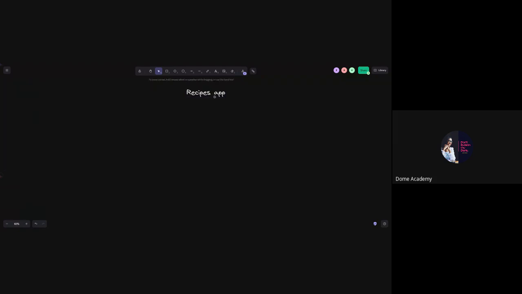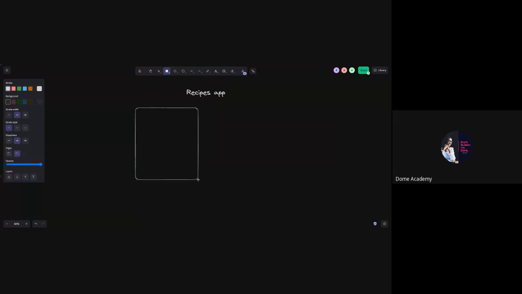So what we're going to create in this recipe app is we're going to see what its requirements are. So I'm just going to put a square. Let me round the edges. Let's put the normal square here. And I'm going to write lots of requirements that it may need. So I'm just going to add some requirements. So one is that